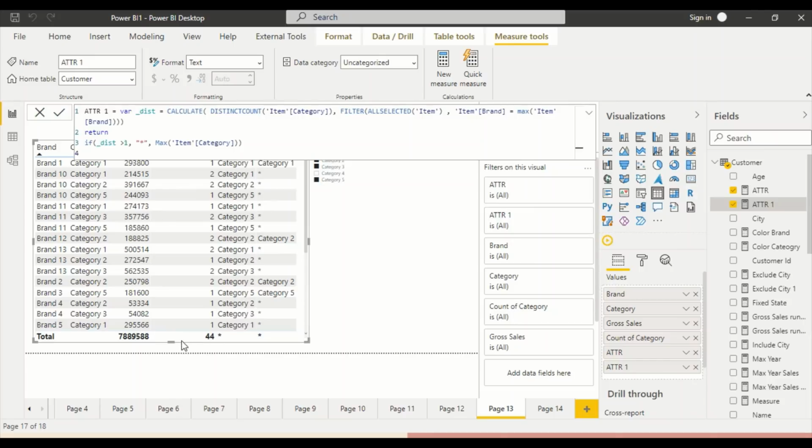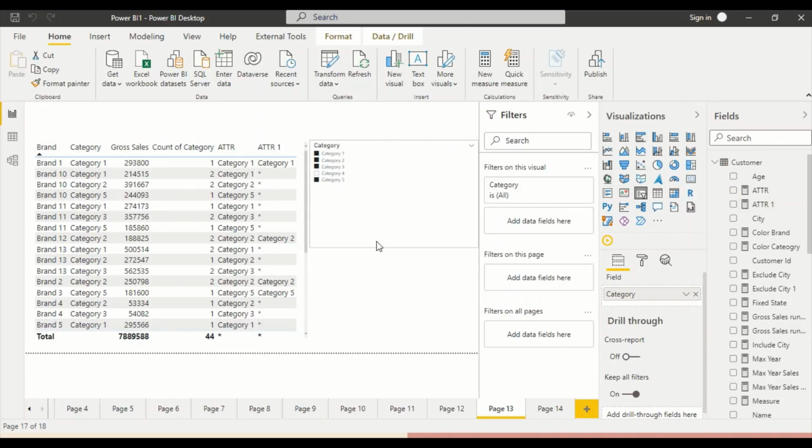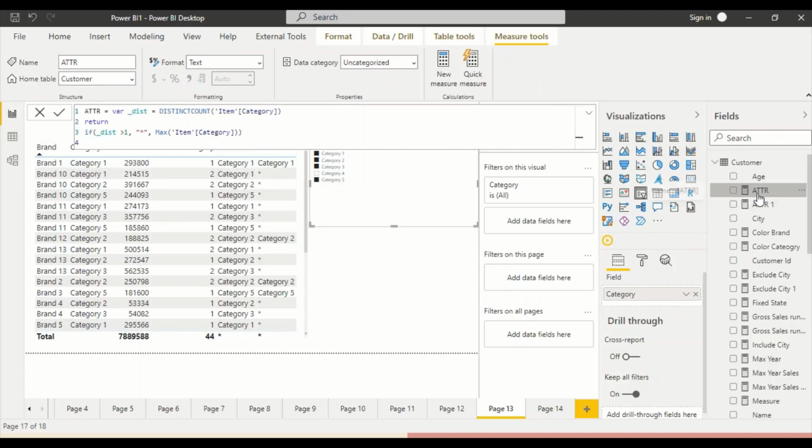And you see now we are able to do that. So what is happening, because it's a measure here, and in the measure what we say is inside the brand you have to only do this calculation. So we are ignoring the other measures. So now this is the one. But the challenge here is it is becoming context sensitive. If instead of brand you have something else, then this measure is not going to work in the same manner. The other would have simply worked, because that measure particularly is not looking for any context, it's just counting the item category, so it could have worked with city also.